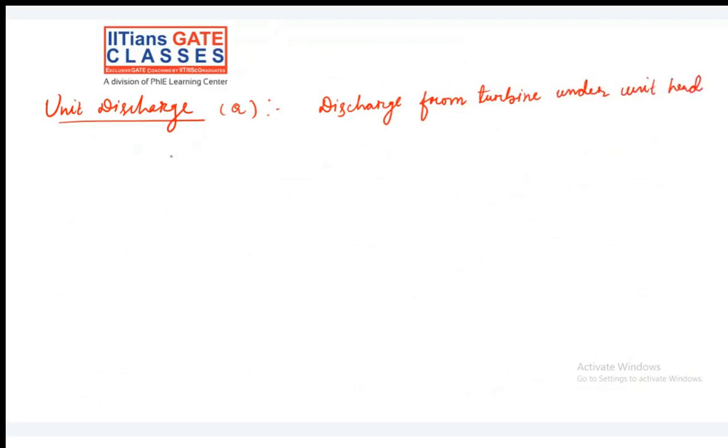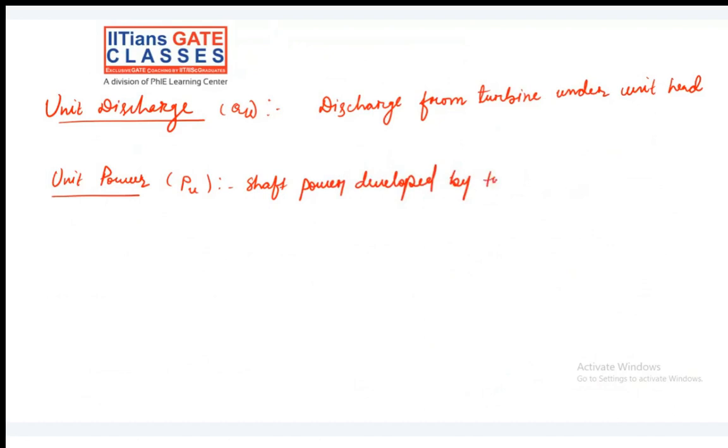Okay, similarly we have unit power. Unit power is called Pu. This is equal to the shaft power developed by the turbine under unit head. Okay, so let us